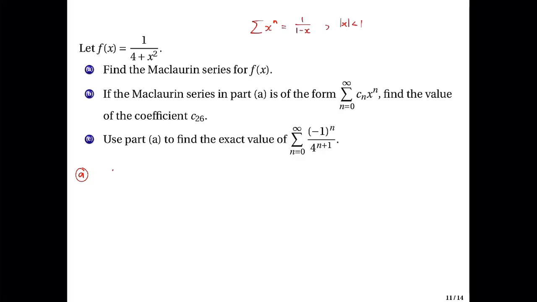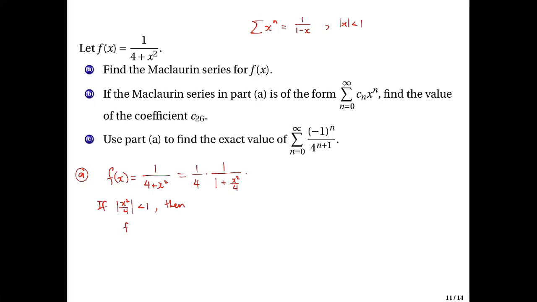So what we're going to do is write f of x, which is 1 over 4 plus x squared, as 1/4 times 1 over 1 plus x squared over 4. And then if the absolute value of x squared over 4 is less than 1, then we can write,